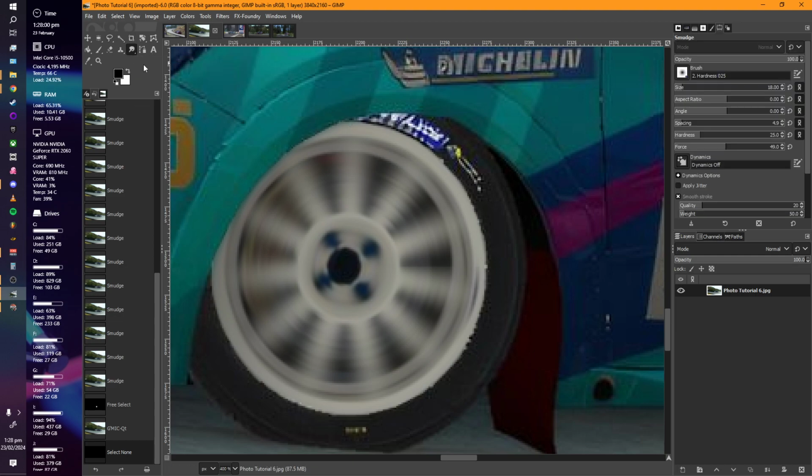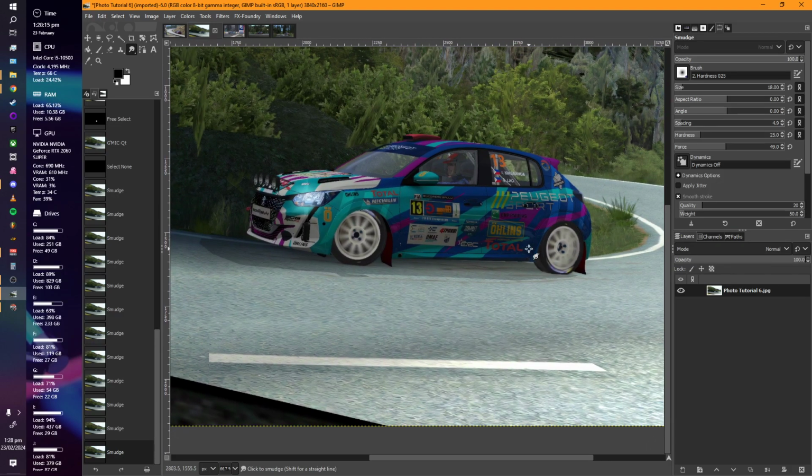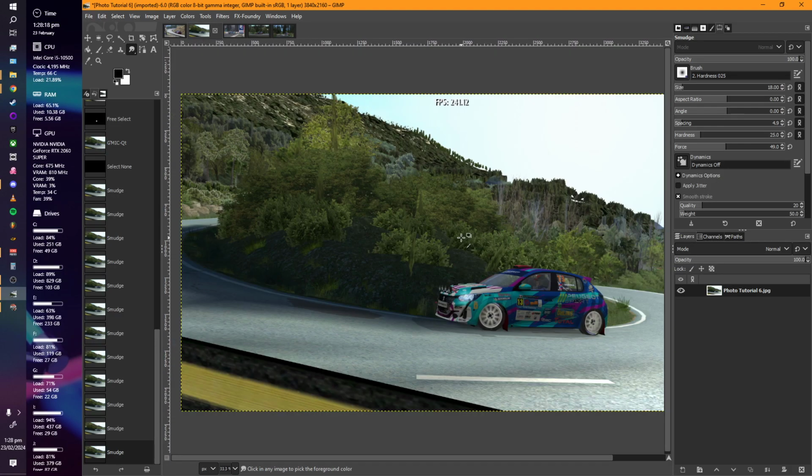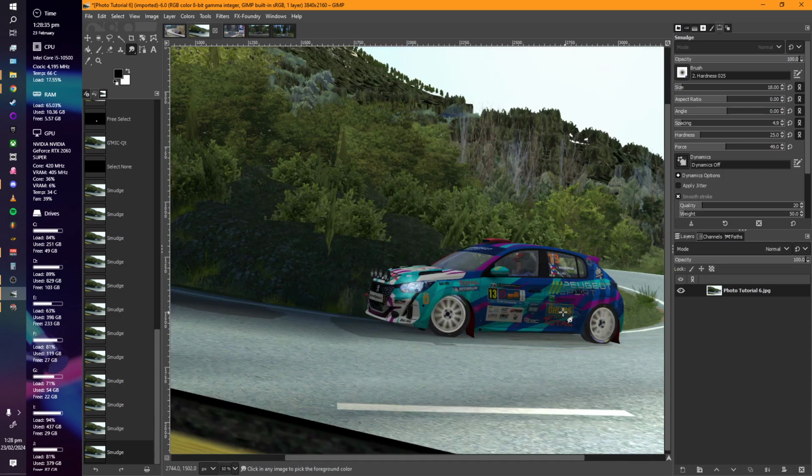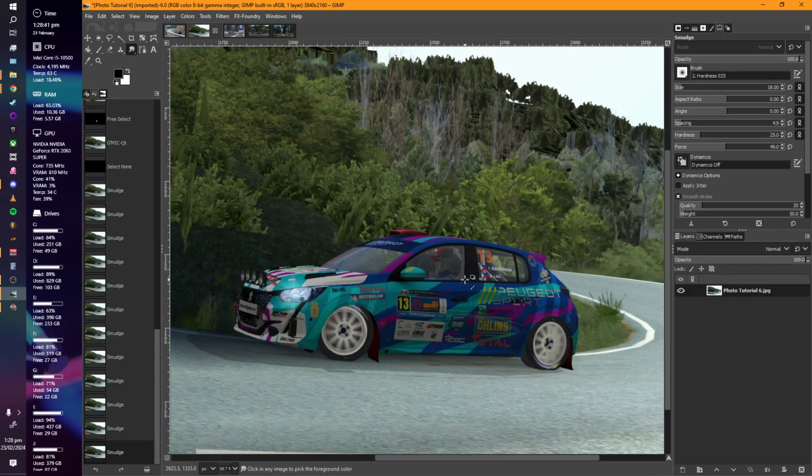And then we go back to our little smudge tool. Give this a bit of a brushing. And you have spinning wheels. Okay, now for most, this should be okay, right? It's realistic enough in that you can have a camera setting that'll keep everything completely sharp and still, but have the wheel spinning. But if you want a little more dynamism, a little more drama, then what we can do